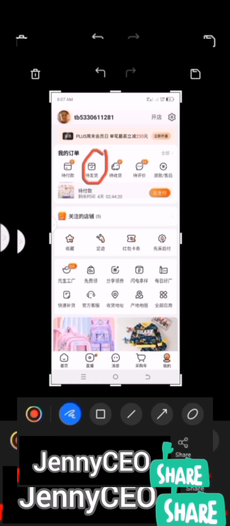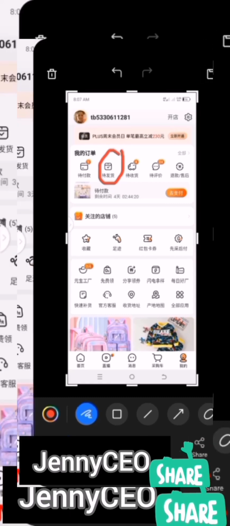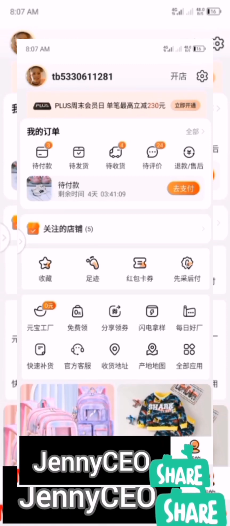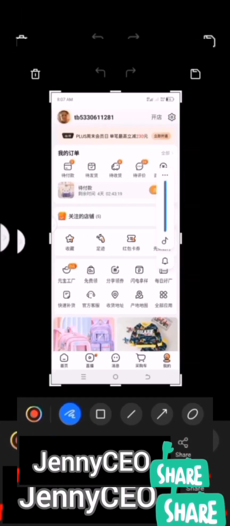If it has not moved, it will be there on that circled one you're seeing there. So if it does not move, it will be there. You can also go and chat with the supplier to ask what is happening, why hasn't it moved and all that. But once it's moved, go to where the motor part is, then you need to verify your Alipay with your international passport. Click on verify there, and that's all. You're good to go. It's super easy. That circle motor is where it shows that yes, your item you bought